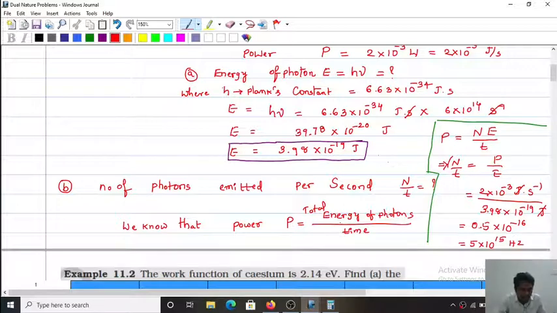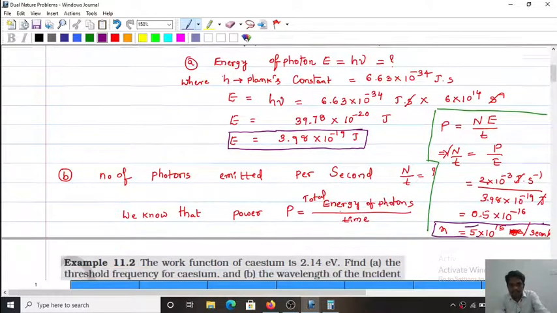Actually it is 5 into 10 power of 15 per second, not hertz; it is the number of photons per second. So let it be the small n. Therefore the total number of photons emitted per second is given by n, where small n represents the number of photons emitted per second and capital N represents the total number of photons. Okay, this is the answer. This is the first problem, and the second one is